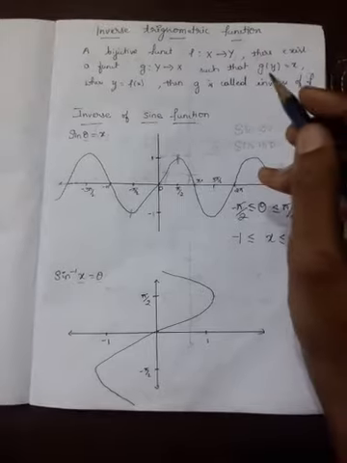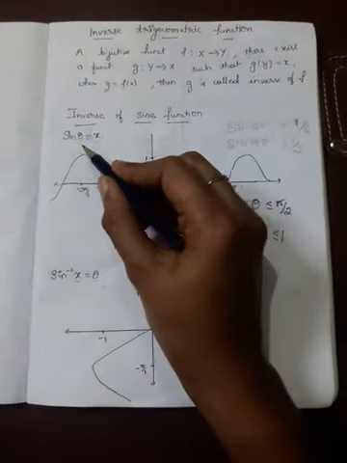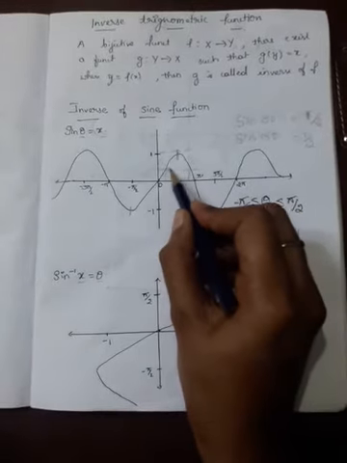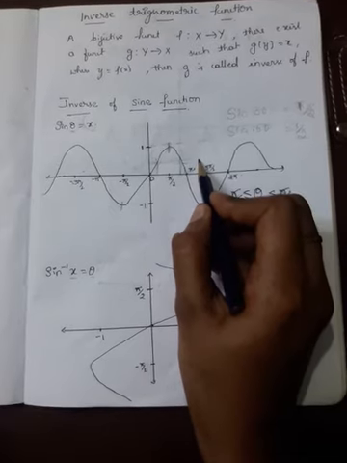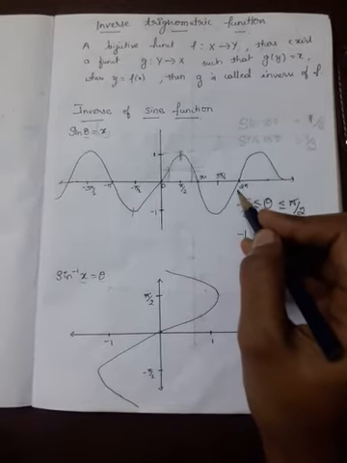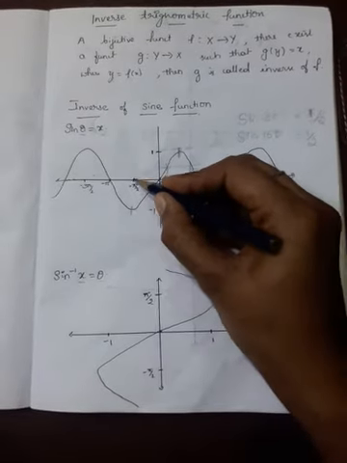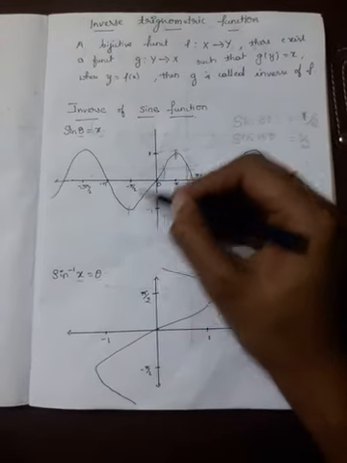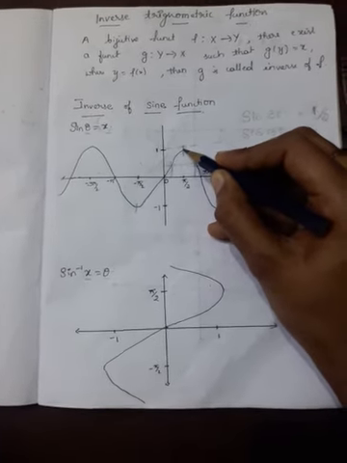For that, to find the inverse of sine, first we have to restrict the value of theta. See here, if I restrict the value of theta from 0 to pi, the domain values are different but the codomain is the same. Therefore, we have to restrict the value such that each domain value gives a different codomain value. Let us restrict the value from minus pi by 2 to pi by 2. You can see here the value is different in the domain for a different codomain.